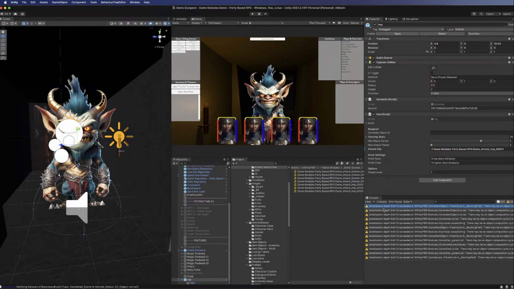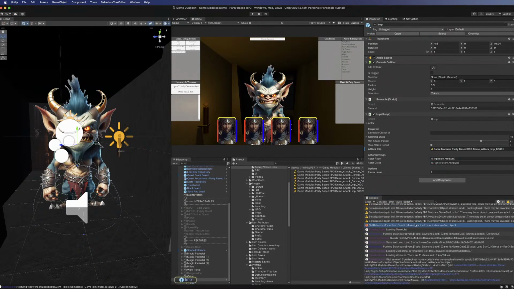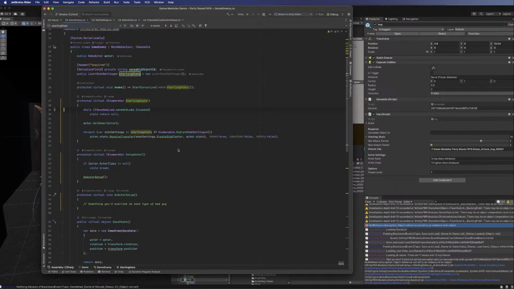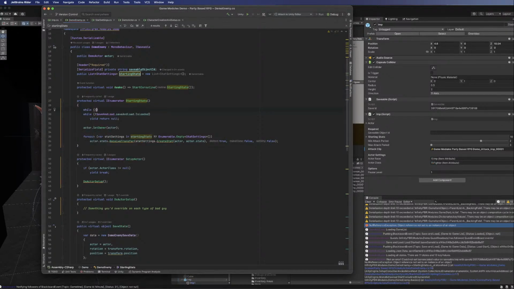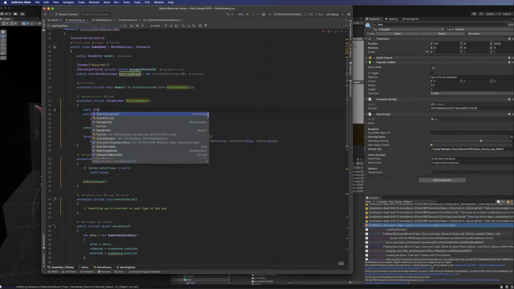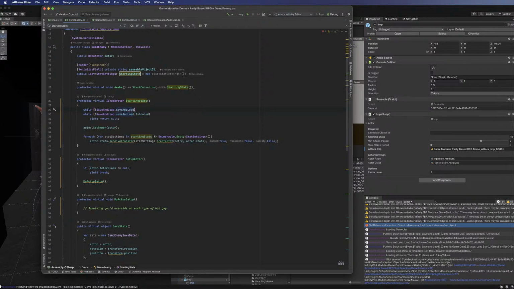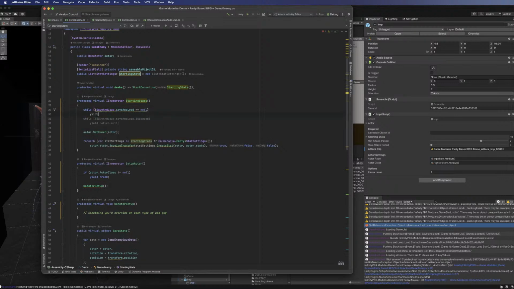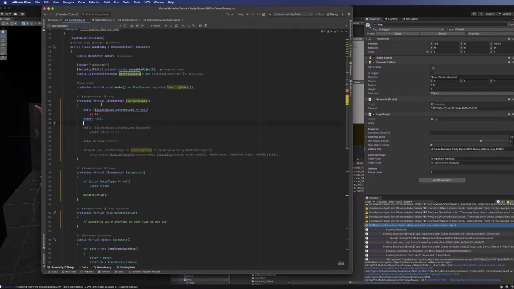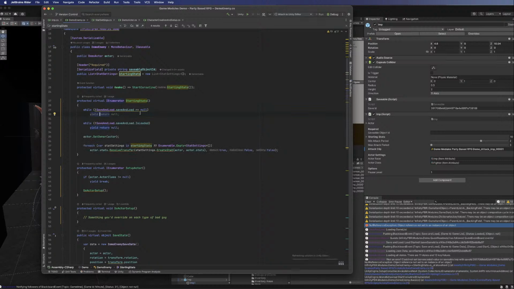What was the error here? Why did we get an error? Null reference. Right here. Well, save and load is not... Oh, so we need to do another while save and load equals null, yield return null. Basically saying, hey, if, whoops, spell things right. If save and load hasn't yet been loaded, then